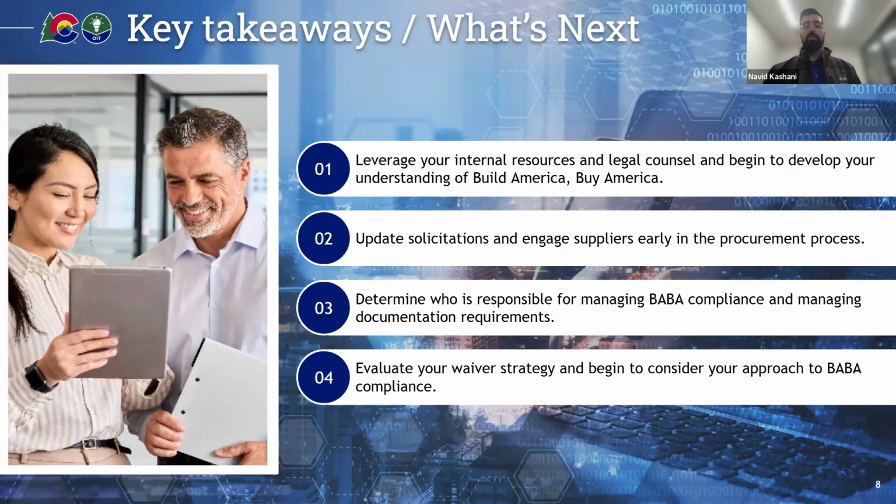Check your vendors, right? Evaluate your procurement process and see, are they on the white list of self-certified manufacturers? If so, that's fantastic. If not, consider talking to them, see if they can go ahead and do that. And if not, maybe start to look for vendors who are able to certify it. Also, communicate with your vendors to make sure they're ready to fill out those supplier certification letters once your procurement processes kick off, so that it's not a surprise to them or you.